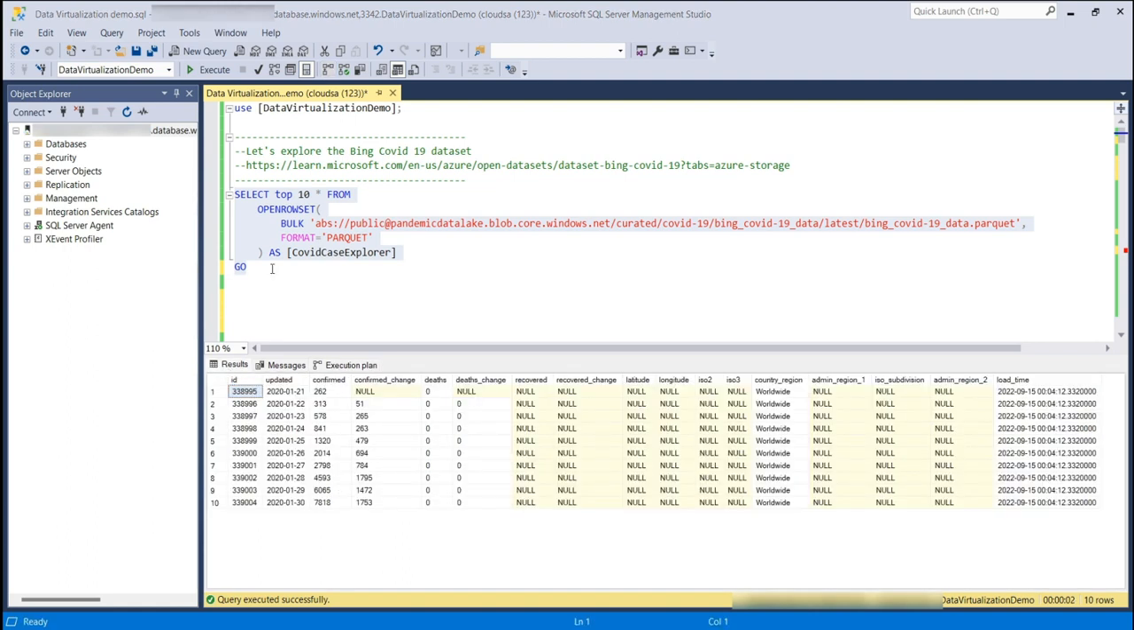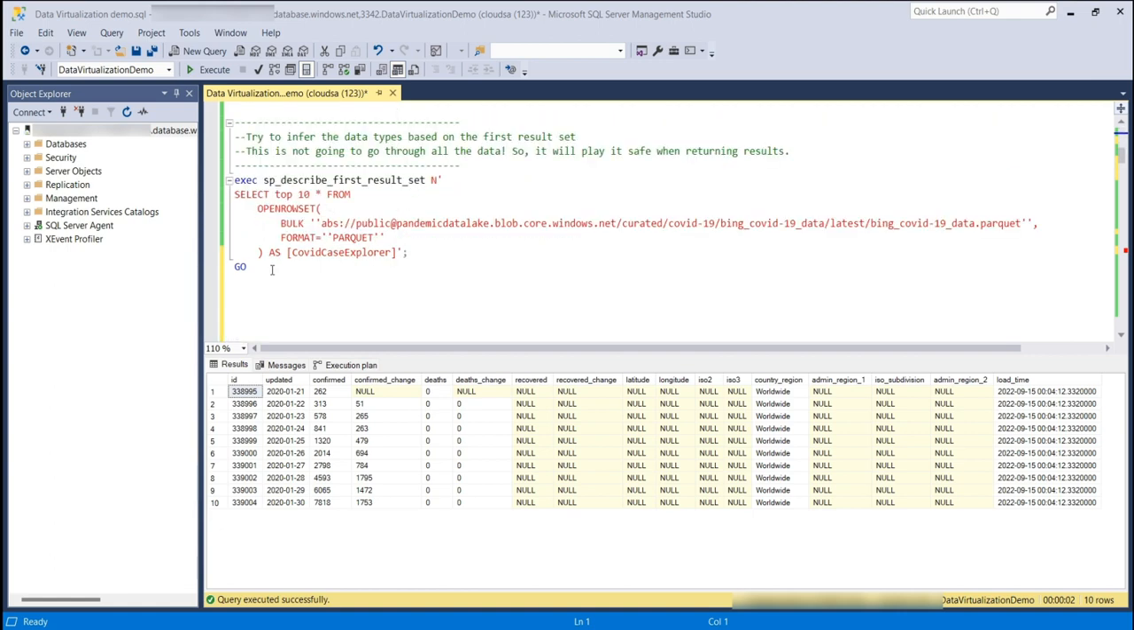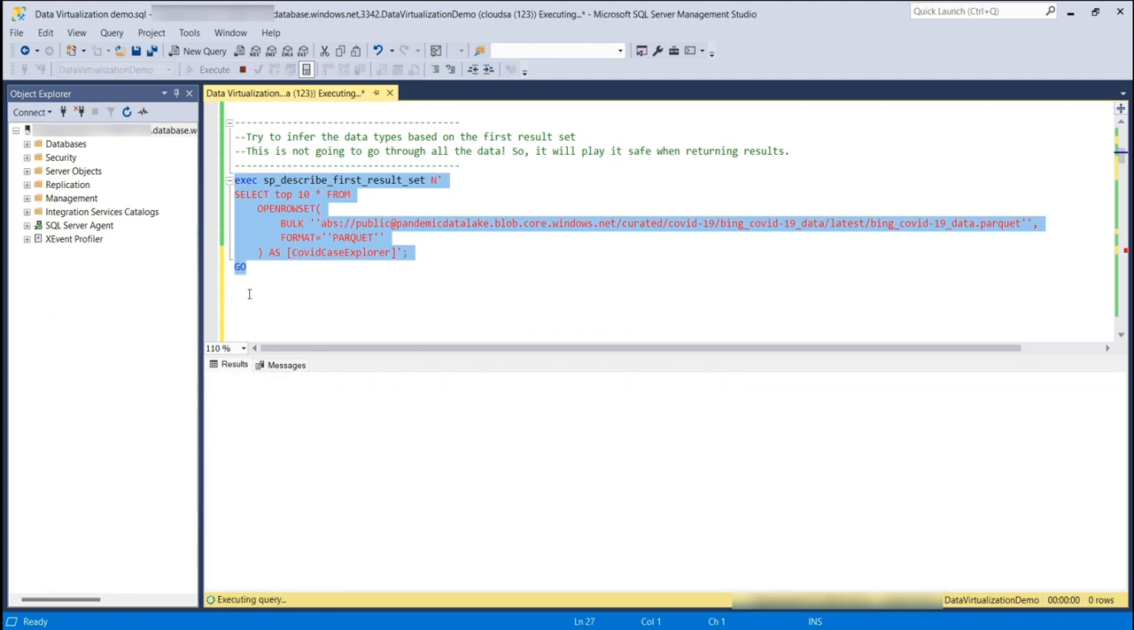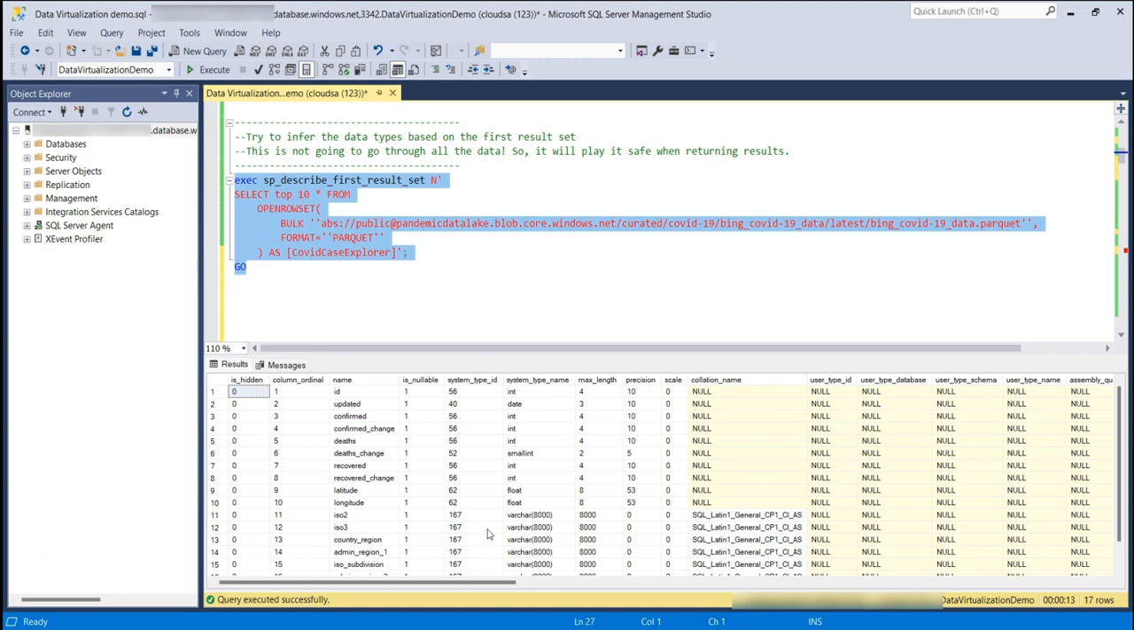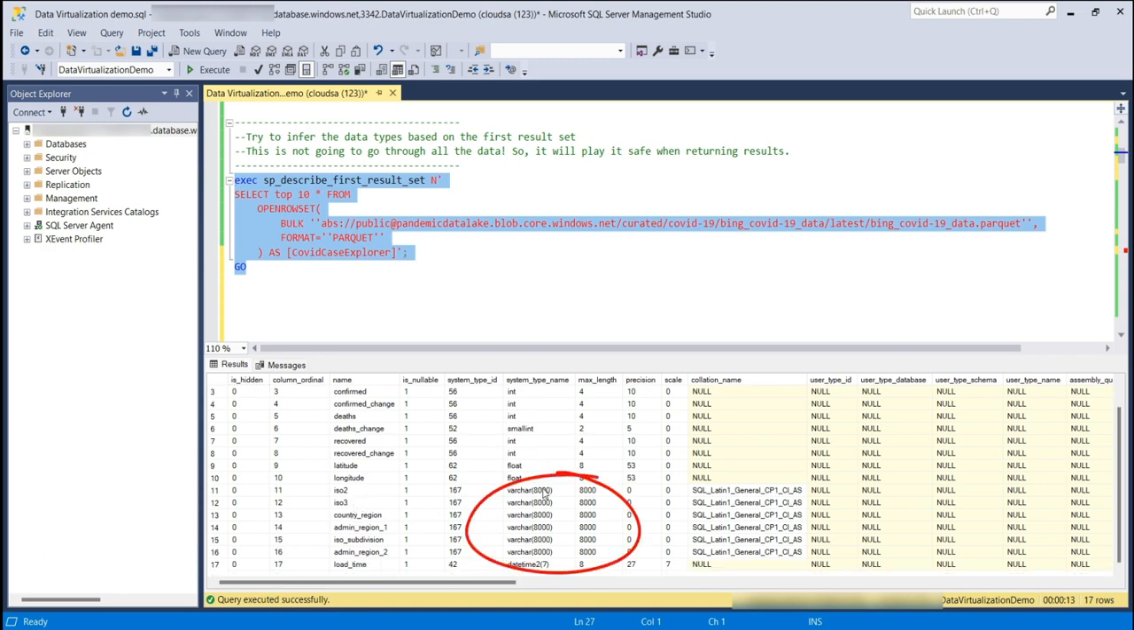In order to see this in Power BI, we want to create an external table. In order to do that, we first want to see what are the data types of these columns. We can use sp_describe_first_result_set, which will take the sample of data and try to infer the data types. You can notice that for some of the varchar columns, it uses 8,000 characters, but we think these